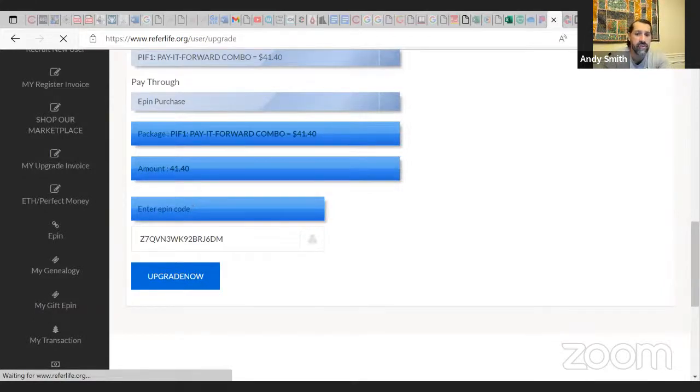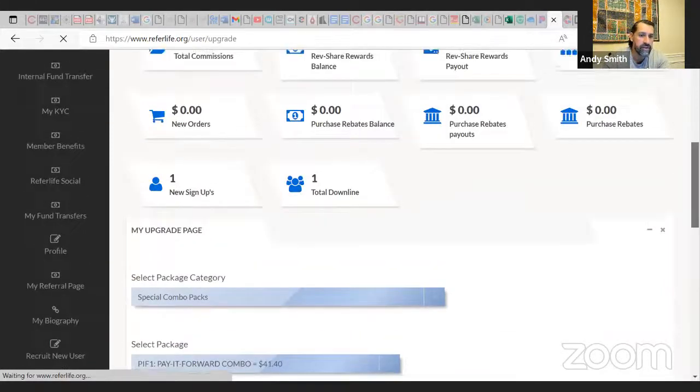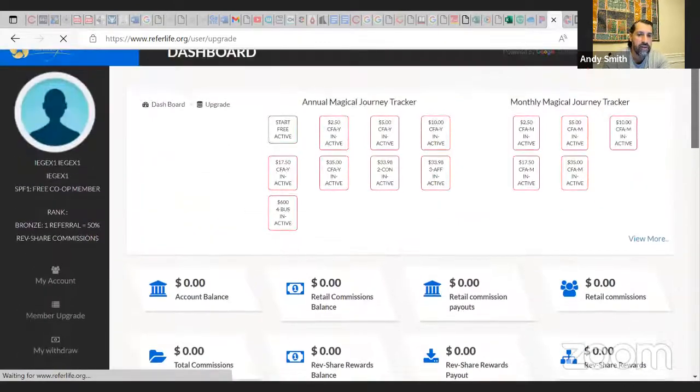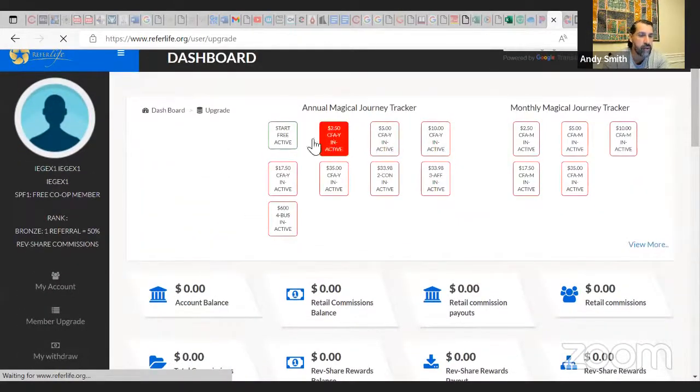Now this takes a little bit of time. Sometimes it takes a little bit of time, but what's going to happen is, when I come back and show this, this is going to be green, this is going to be green, and this is going to be green. And what that means is in the matrices, and I'm going to show you guys these matrices, in the matrices, it starts you out in the